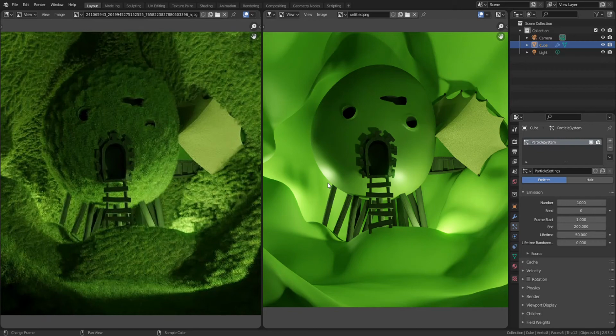Have you ever experienced that your computer freezes or gets really slow while you're using particle system? Maybe you can just turn off the real-time display in viewport to avoid this, but this way you cannot make sure how the particle system works in your creation. So in this video, I'd like to show you 4 tips to keep your computer from freezing due to particle